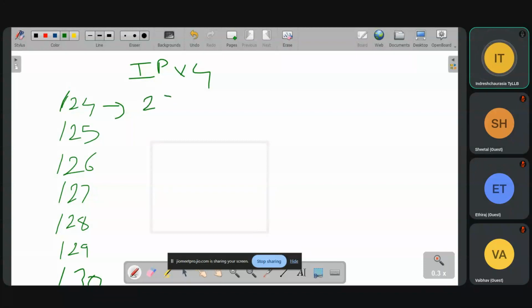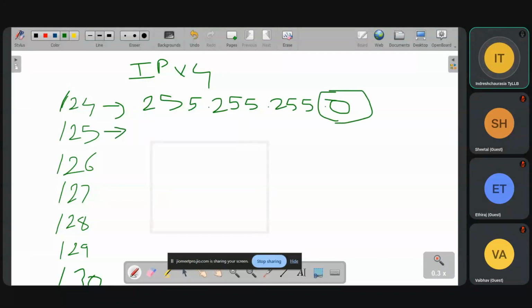See, how are we going to represent 255 dot 255 dot 255 dot. And now, after 0, you have to remember this particular thing. Right here, 192, how many hosts are there? 256. If you do minus 2, 254 are usable. So now, for slash 25, you have to do exactly half of that.